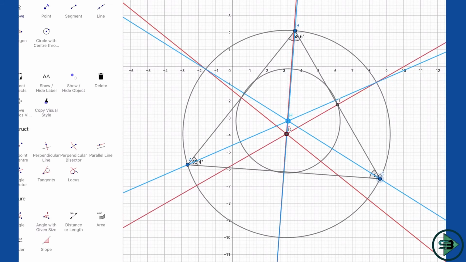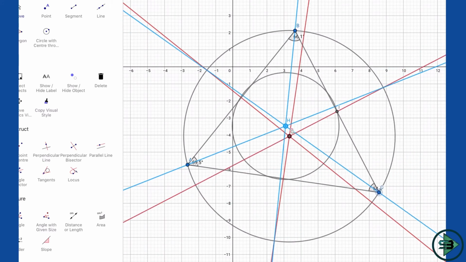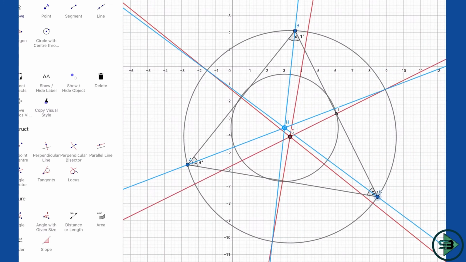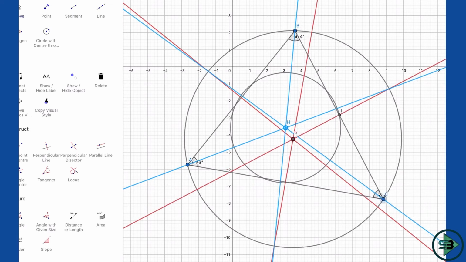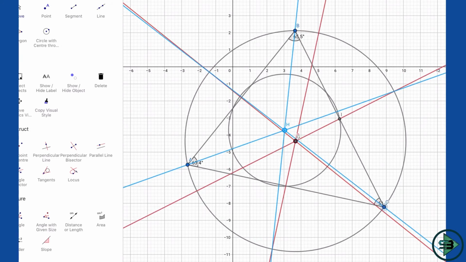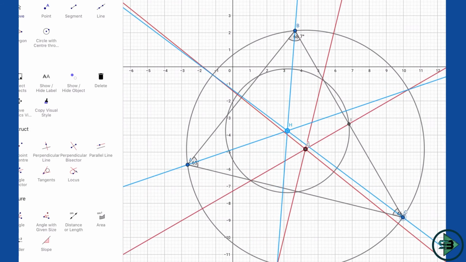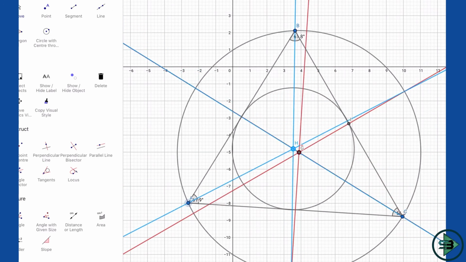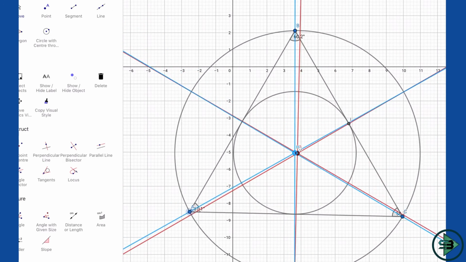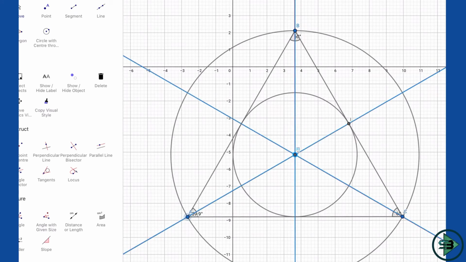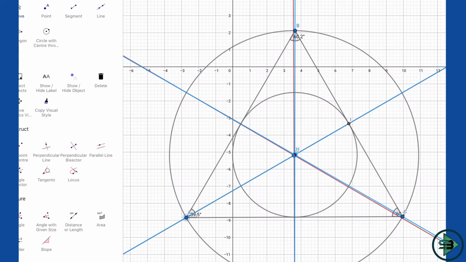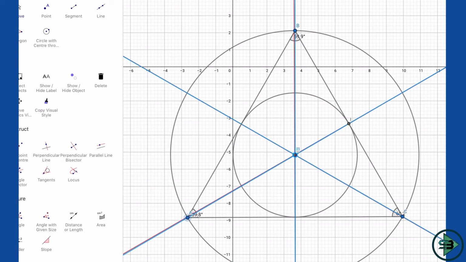If you can see, both the points are now different because it's not an equilateral triangle. But as soon as I make it an equilateral triangle, what will happen? These two points will coincide, one point will be over the other, something like this. So incenter becomes equal to circumcenter, right? Now see the angles, all of them are approximately 60.